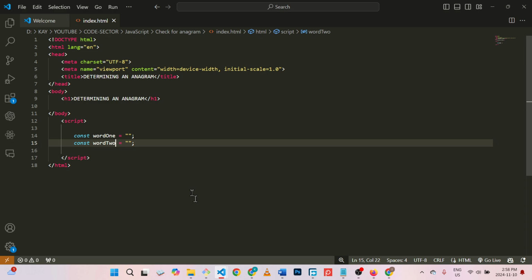So let's think about the solution. First of all, both words the user may fill in or may try to compare may not be of the same case. One may be lowercase while the other may be uppercase, or one may be camel case and the other may be both lowercase and uppercase, just mixed. So first things first, we want to try to make all of them be of the same case. It could be all uppercase, but usually programmatically we do all lowercase. Secondly,